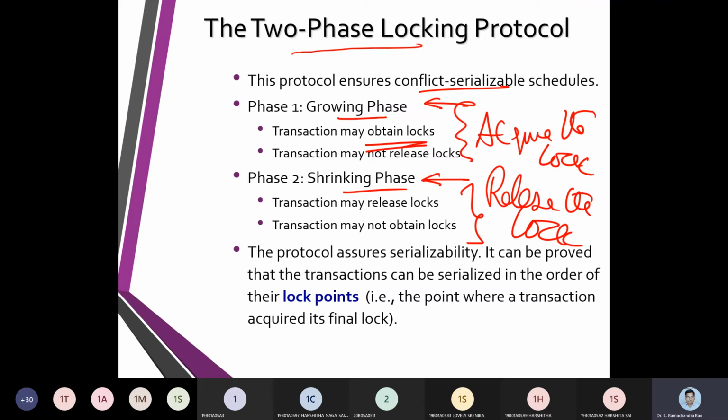In the growing phase, we get the lock, and thereby we start operating on the variables taken up under the lock. In the second phase, whatever data items we have taken, we bring them back.